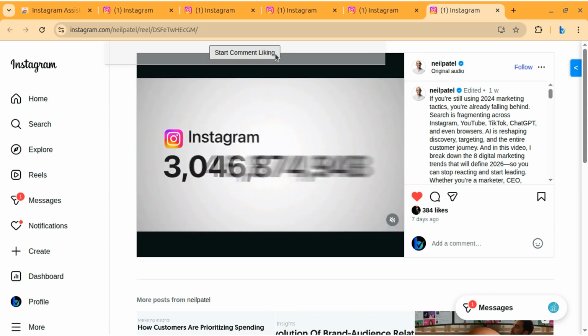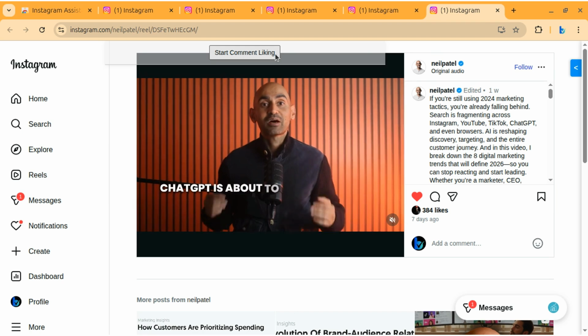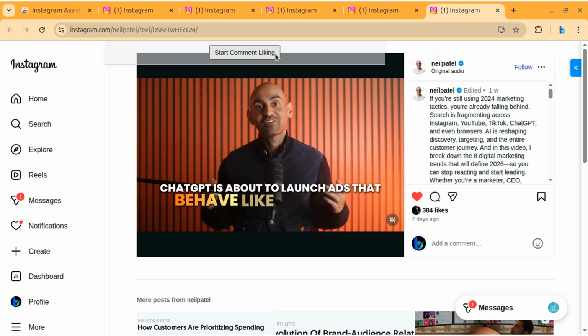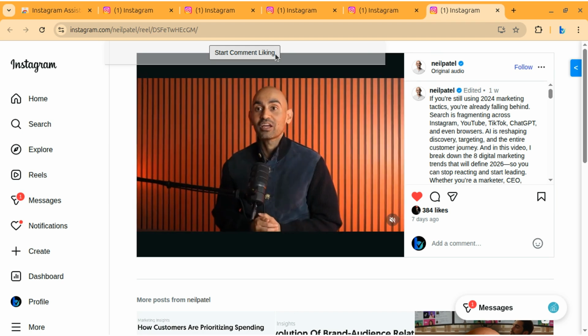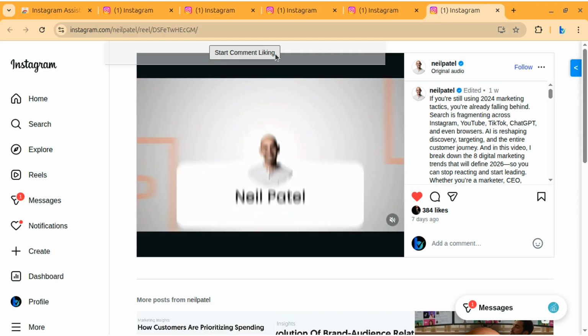That is the complete walkthrough of the Instagram Assistant auto liker for posts, reels and comments. If you want to save time and grow faster on Instagram, you can install the extension using the link